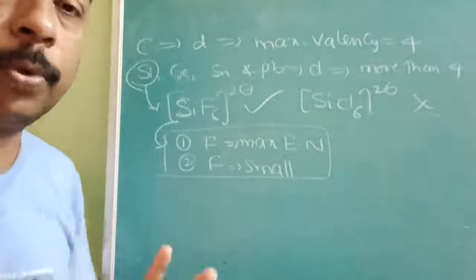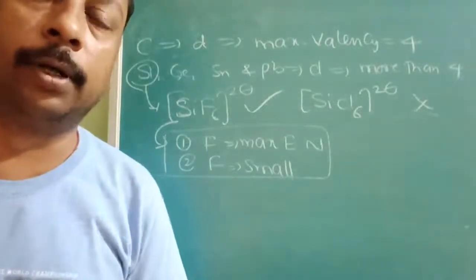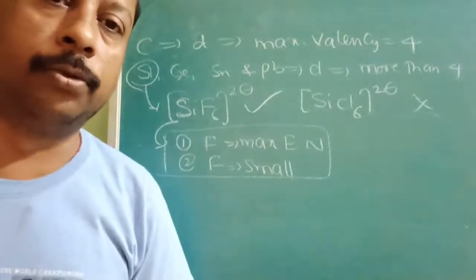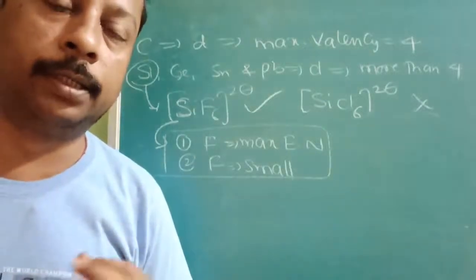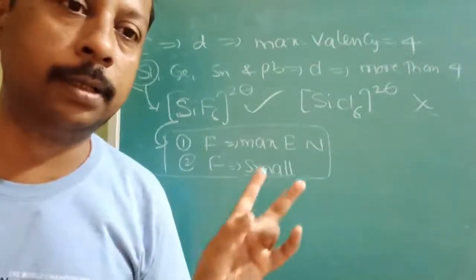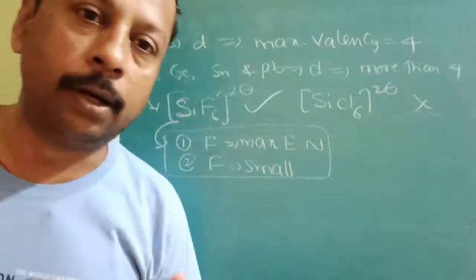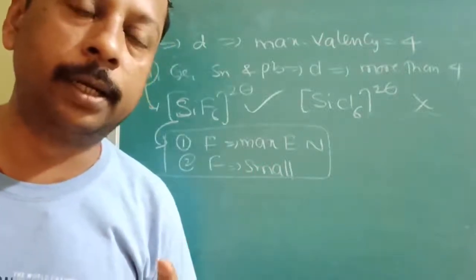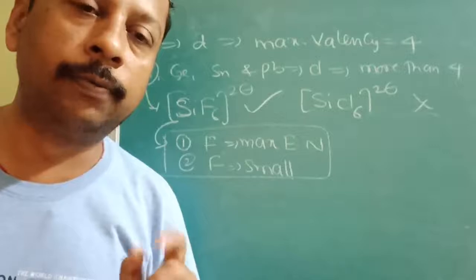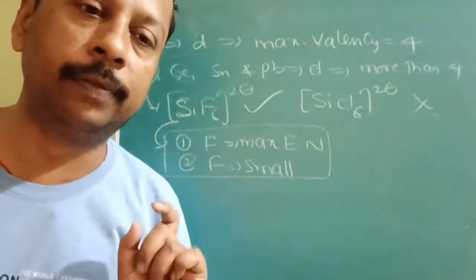So these are some properties related to the 14th group elements' reaction with water and halogens. We have studied three properties: reaction with oxygen, reaction with water, and reaction with halides. Halides are of two types, dihalide and tetrahalide. Oxides are of two types. And water reacts only with certain compounds; why it does not react with the others, I have also explained.